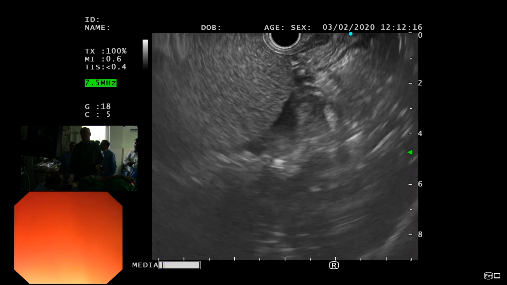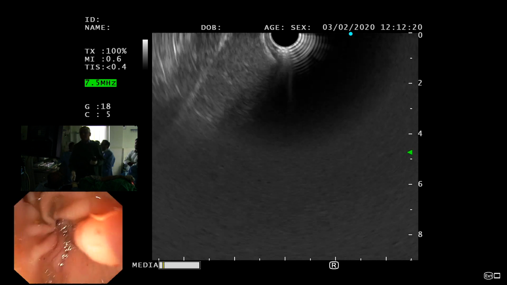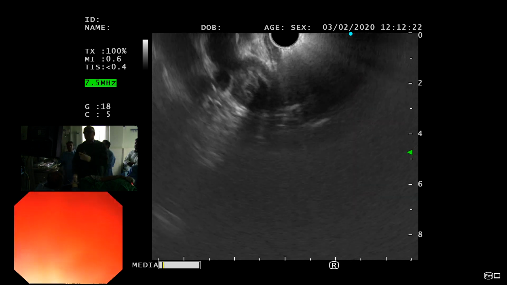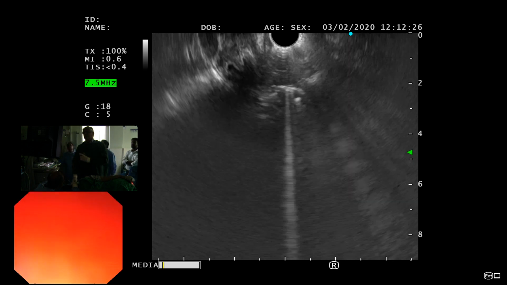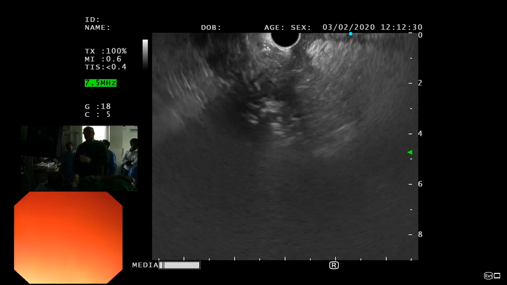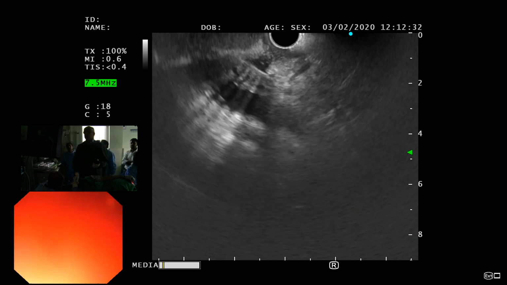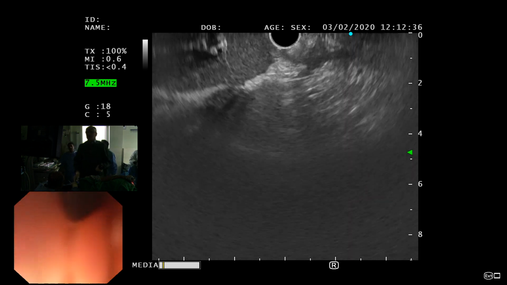That's the gallbladder. मैं थोड़ा सा आगे गया हूँ ना, अभी तो मैं एंट्रम में, पायलोरस से अंदर नहीं गया हूँ।